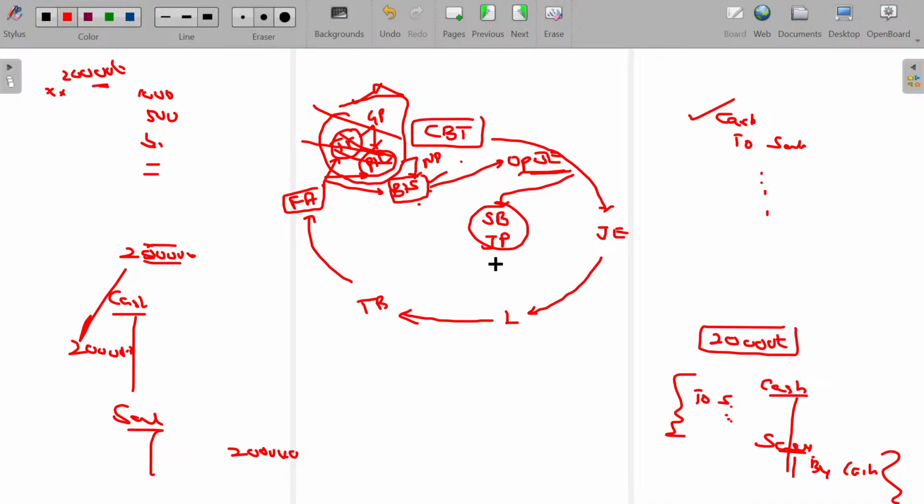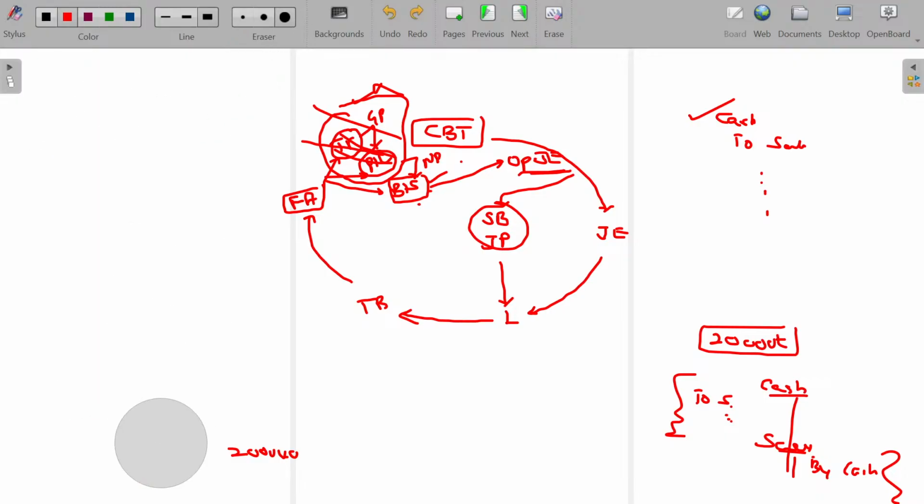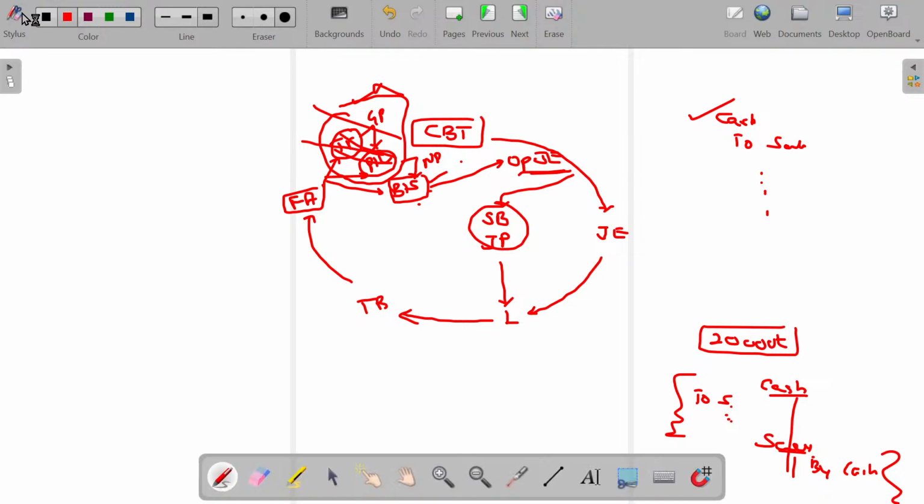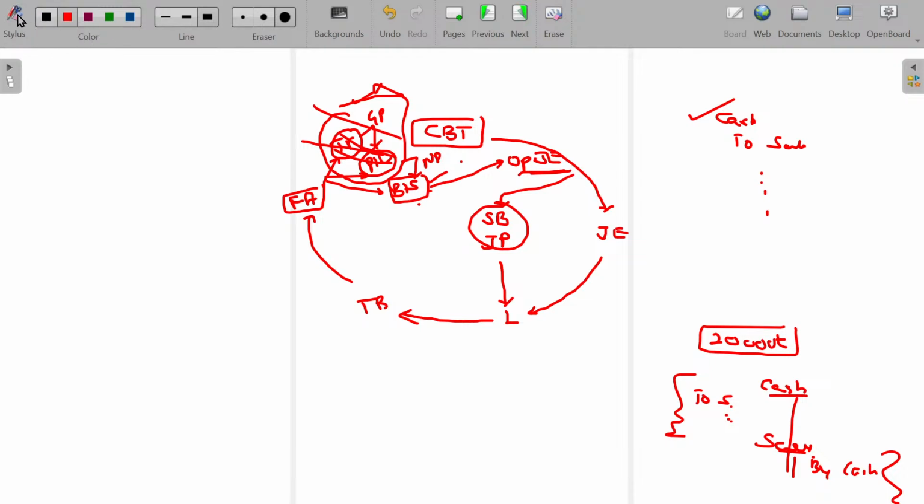From this, you can directly post to the ledger. We never bother about preparation of the journal entry here. So it's one of the easiest ways. I'm going to guide you through the practical system in this class. Two systems, right? Under the practical system, what am I going to do? I'm going to prepare